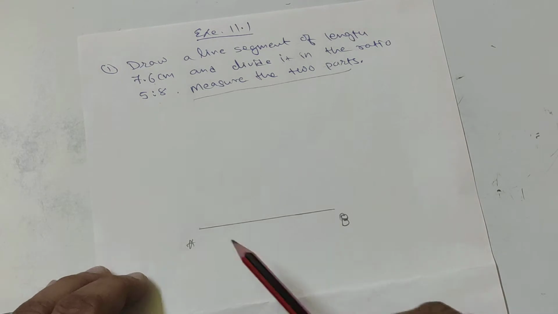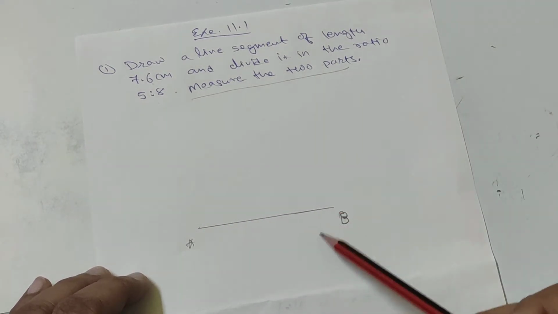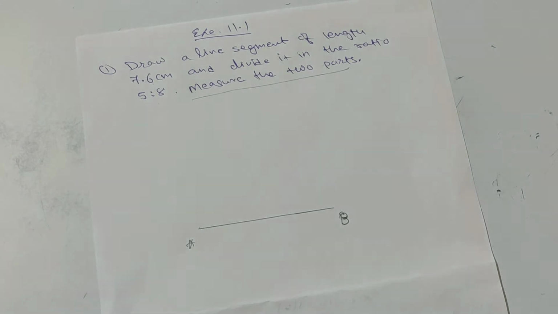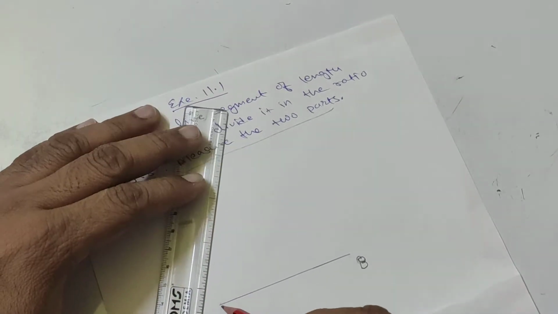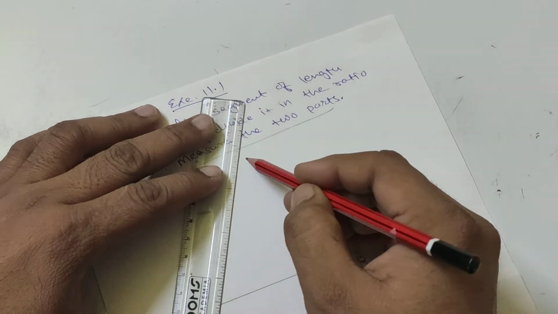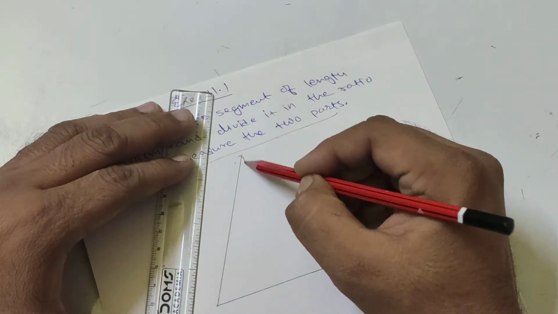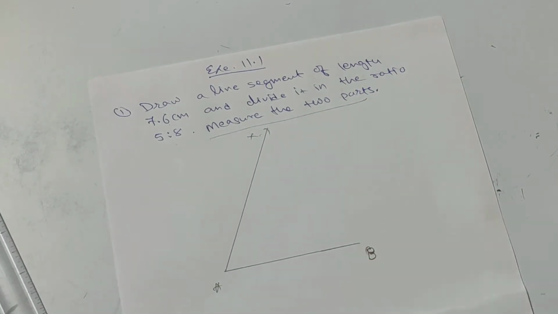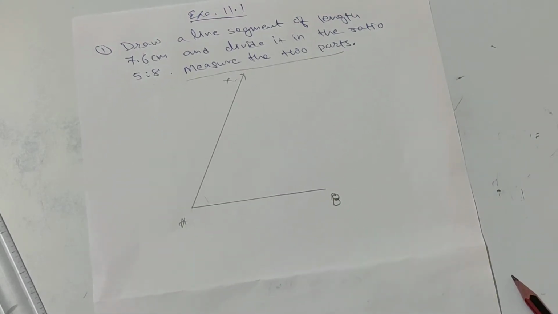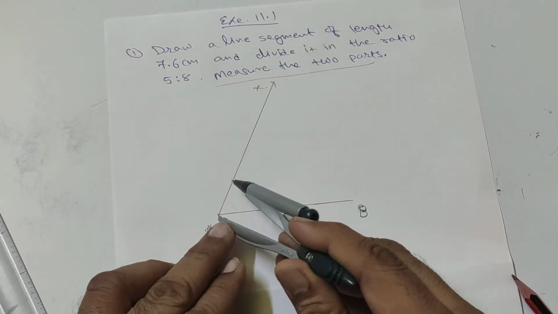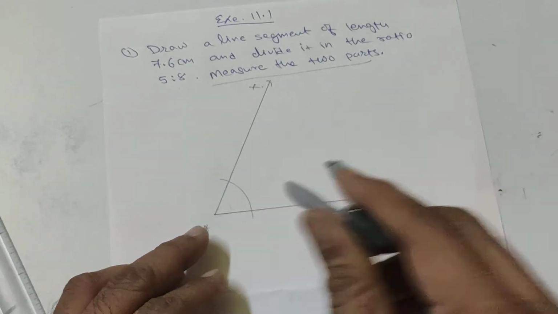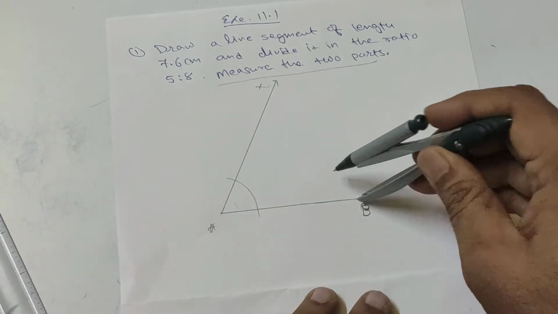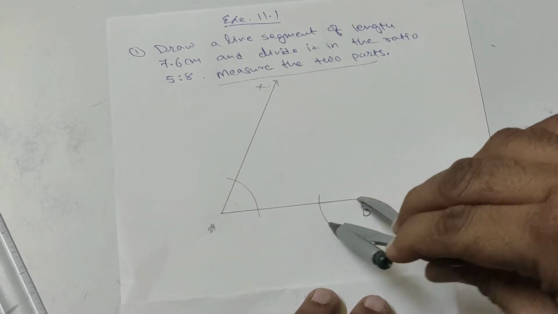Now the next step I have to do is draw two parallel rays at point A and at point B. For that I'll draw any ray, at first point, say ray AX, making any angle right here. But in order to draw a parallel ray right here, I will copy this angle at point B. In order to copy that angle, I'll have to construct an arc right here and one arc at this point, keeping the same radius.